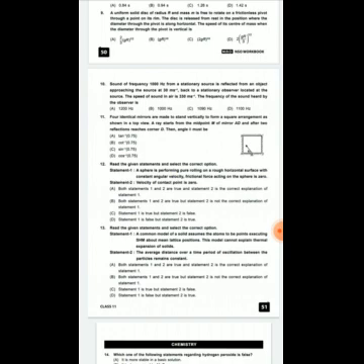It's a very easy question. Here it is given that from a stationary source, sound of frequency 1000 Hz is reflected from an object approaching the source at 30 meters per second. When it is back at the source, the speed of sound in air is 330 meters per second. We need to calculate the frequency of sound heard by the observer. The options are 1200 Hz, 1000 Hz, 1090 Hz and 1100 Hz.